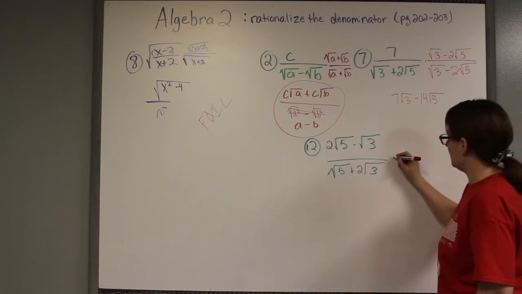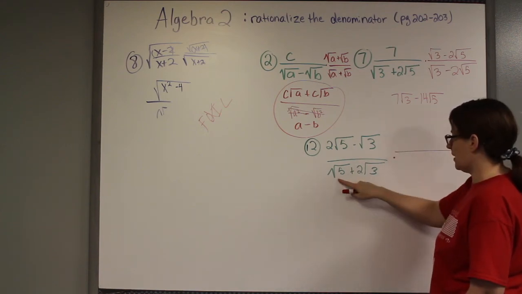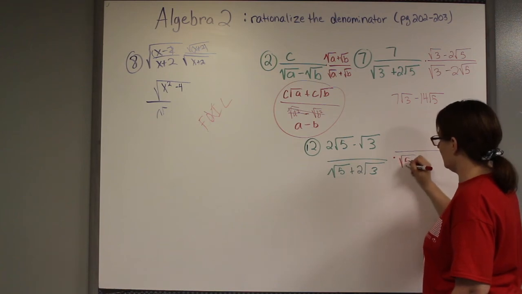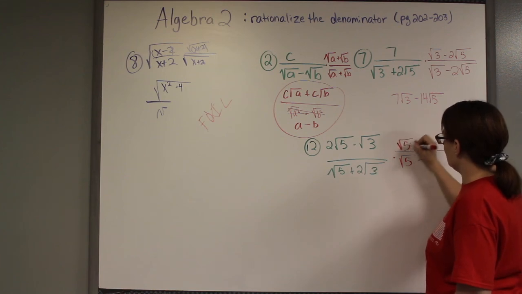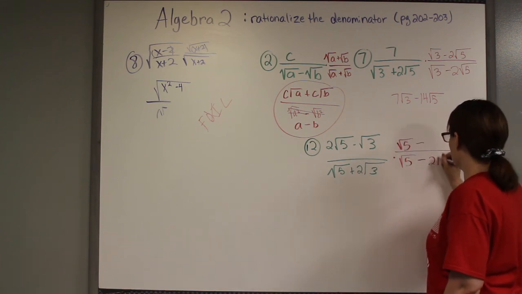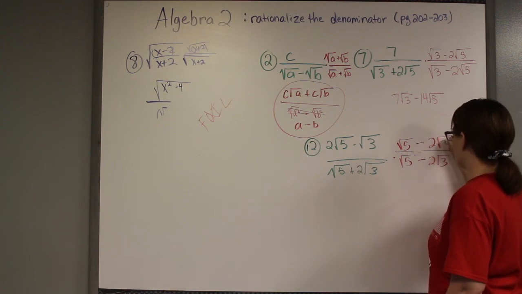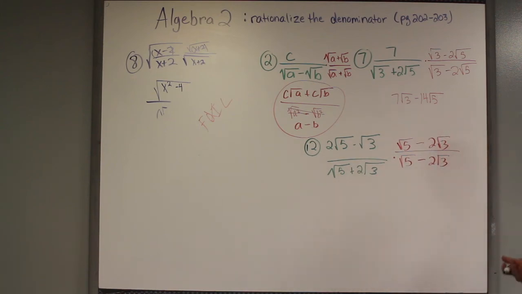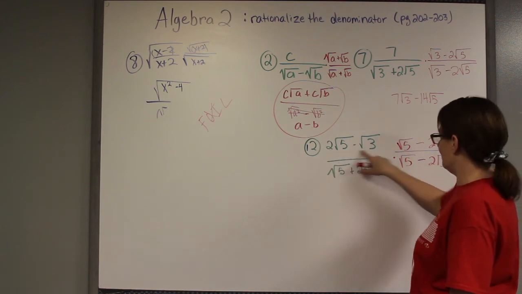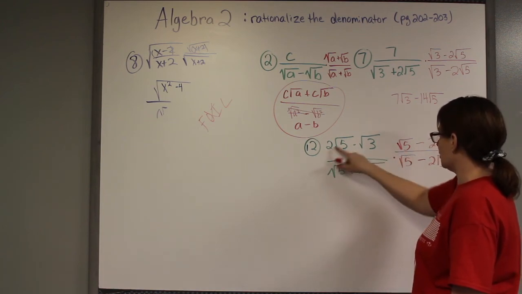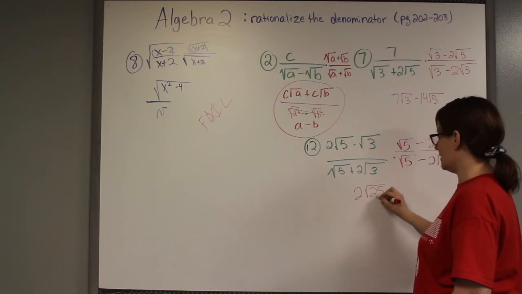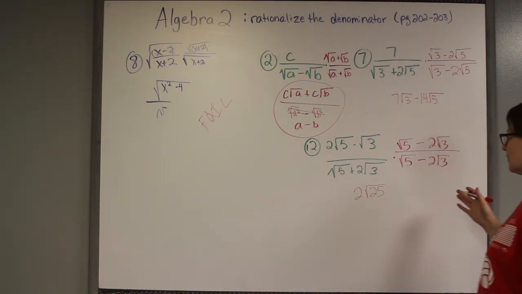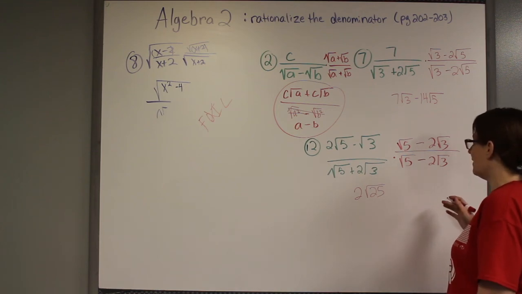So on this one, remember, whatever we do at the top, we got to do at the bottom. That's a radical 5, and we need to do by a minus. And so this one's going to be radical 5 and a minus, and then 2 radical 3, 2 radical 3. Okay? Now, we got to multiply those together. At the top one here, I have a 2, and outside here is a 1, so there's going to be a 2. And then radical 5 times radical 5 makes radical 25. Yes, I will simplify that, but I'm just going to write it all out first. Okay? And then